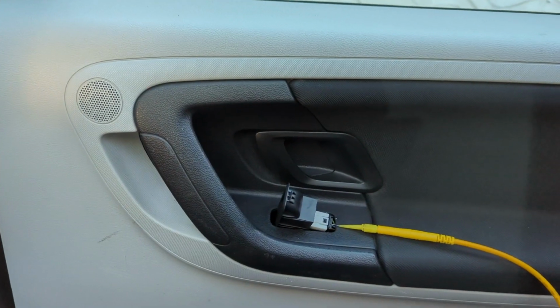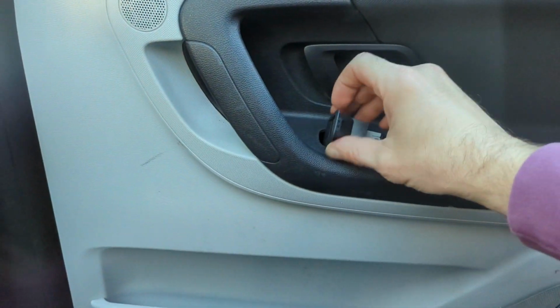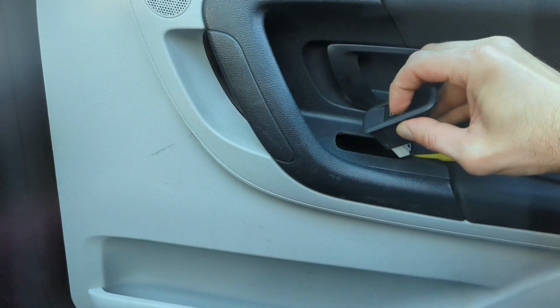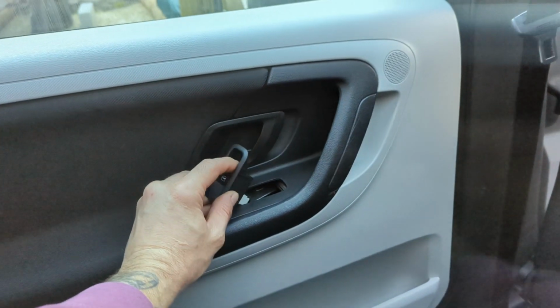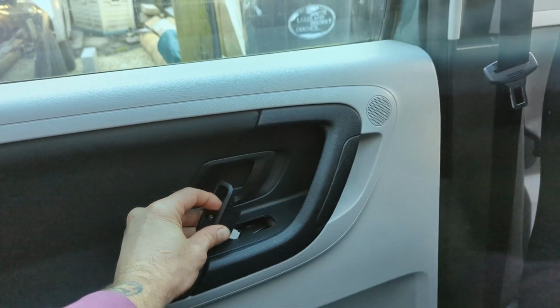Now, the first step I have skipped is obviously confirming the fault to you. I obviously know it is a fault, so I'll do that now. So if I press the switch, it doesn't go down. If I press the switch on this side, obviously this one goes down, so I know ignition is on. If I press the switch here and then go up,